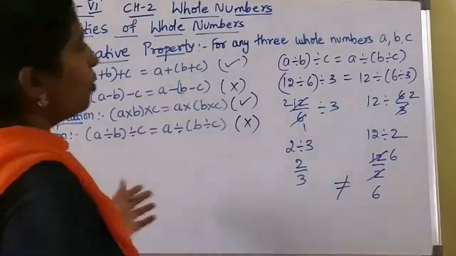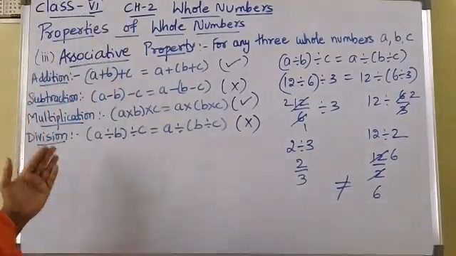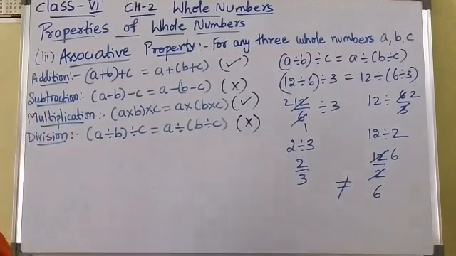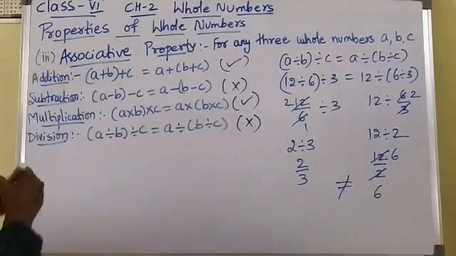So children, you can take your own examples and try for addition, subtraction, multiplication and division. Always associative property is satisfied for addition and